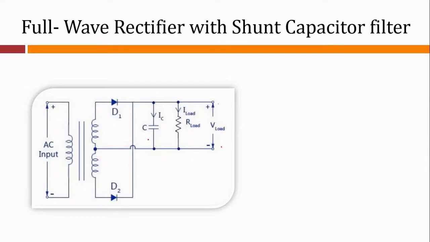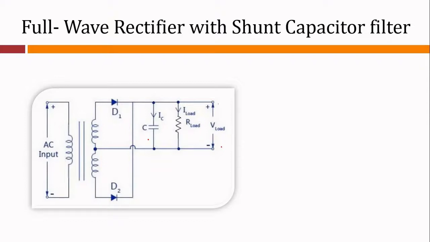Now there are two ways to assemble this circuit, using half wave and full wave. Here what we have used is a full wave center tap rectifier circuit, and we carry out the analysis for full wave rectifier with shunt capacitor filter, the filtering action of shunt capacitor filter on a full wave rectifier as shown in the circuit diagram. In this case, the capacitance C discharges twice during one cycle because both the diodes conduct and the non-conduction period has reduced. The result is that the ripple voltage VR has been reduced to half, and VDC is increased relative to the half wave rectifier.